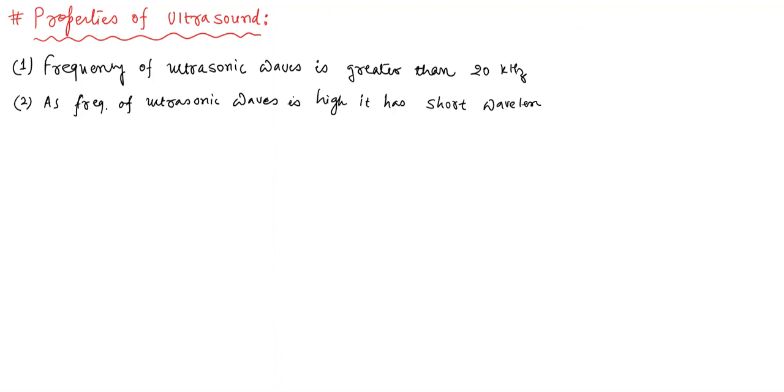We know that V is equal to F lambda. So lambda is equal to V by F. As the frequency for ultrasonic wave is the maximum out of all these three waves, the wavelength is very less. So they are short wavelength sound waves. You can also say high frequency wave or short wavelength wave. So it has short wavelength,